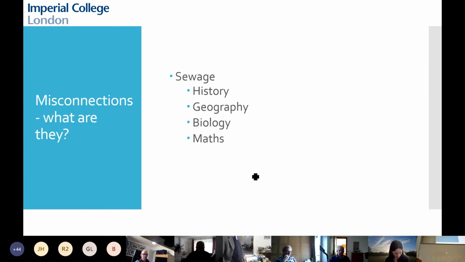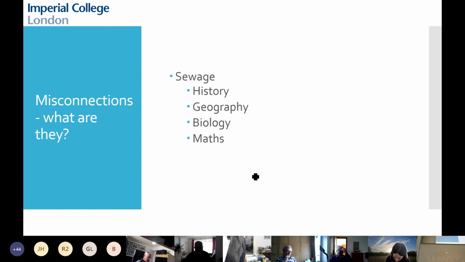Very briefly, sewage history. Romans, public lavatories, they routed their rivers through the public lavatories to clean it, and it all went back to the river. 1800 years later, flush lavatories, they all mean lots more water is going into the Thames, it gets quite disgusting, and we get Joseph Bazalgette to create sewers which we're still using 150 years later. They beat us to it in Paris, that's a bit of geography.